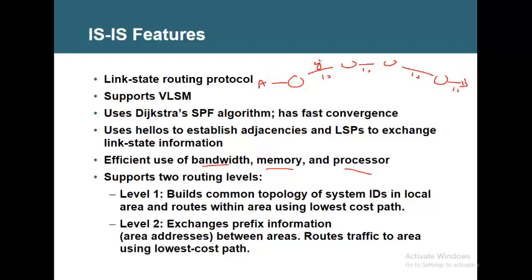Here you may have gig Ethernet. Here you may have fast Ethernet. Here you may have serial wire. For all speeds, whatever the bandwidth may be, that doesn't matter. The cost is always 10. But you can go and change it. You see, the cost is fixed. So if you have two paths, this one with only Ethernet, according to ISIS, this will be the best path. You know why?